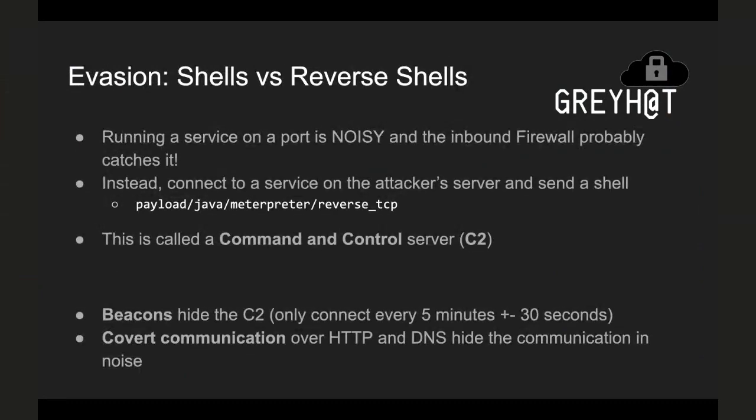So how can we go fix this? How can we be a little bit more invisible and a little bit harder to detect? In order to do that, we're going to start talking about shells and reverse shells. So the firewall will probably catch it. And also, something that I forgot to mention is that the inbound firewall will probably catch it too. If you have an inbound firewall that detects things as they come into the network, that's much more likely to be hardened and secure than the stuff